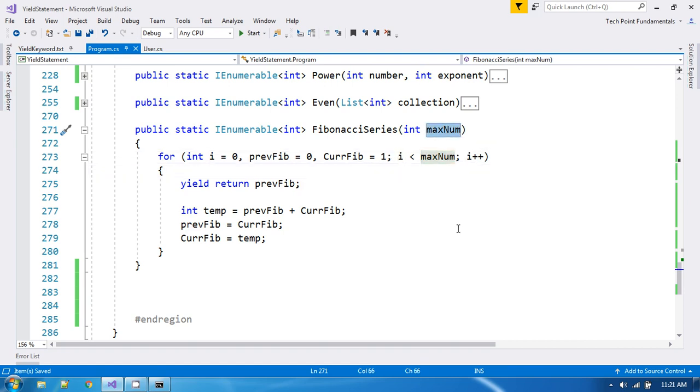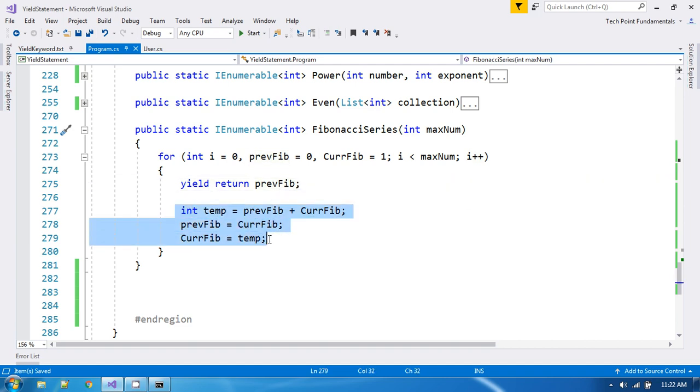This max number controls the maximum count in this Fibonacci series. For example, if the user has passed 10, I have to use 10 iterations, and i plus plus, this is the for loop syntax. The logic is that in each and every iteration it will return the previous Fibonacci number here,